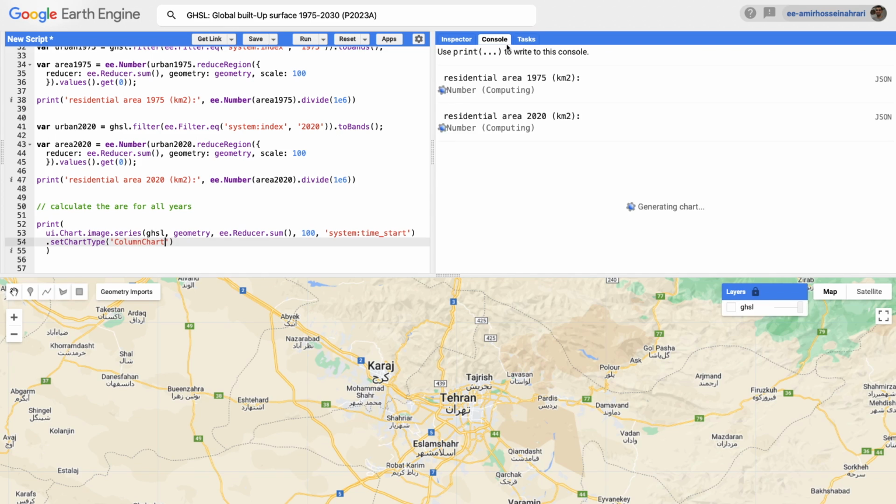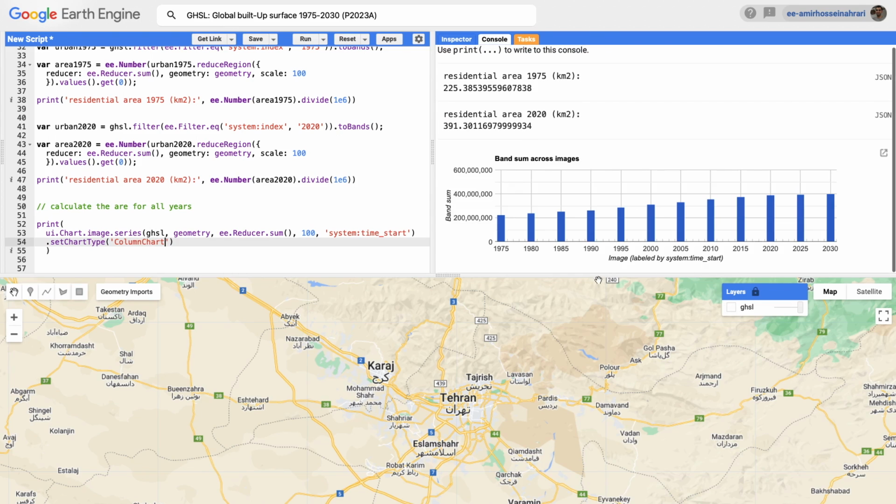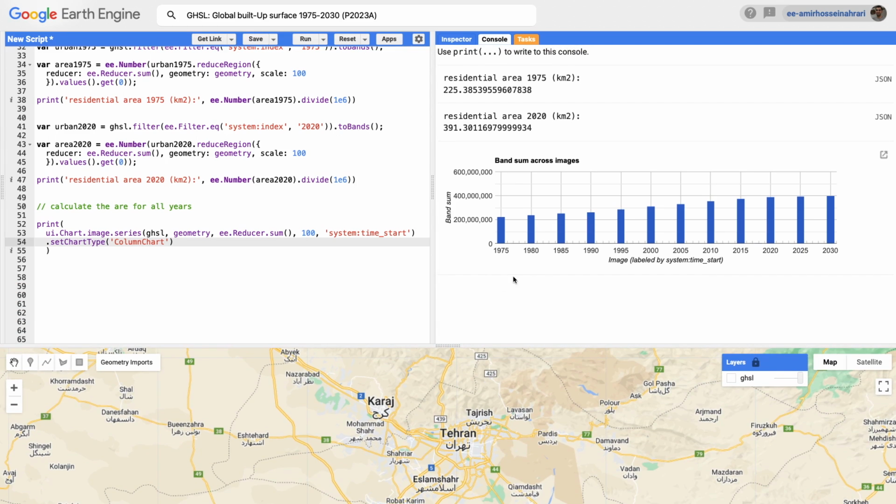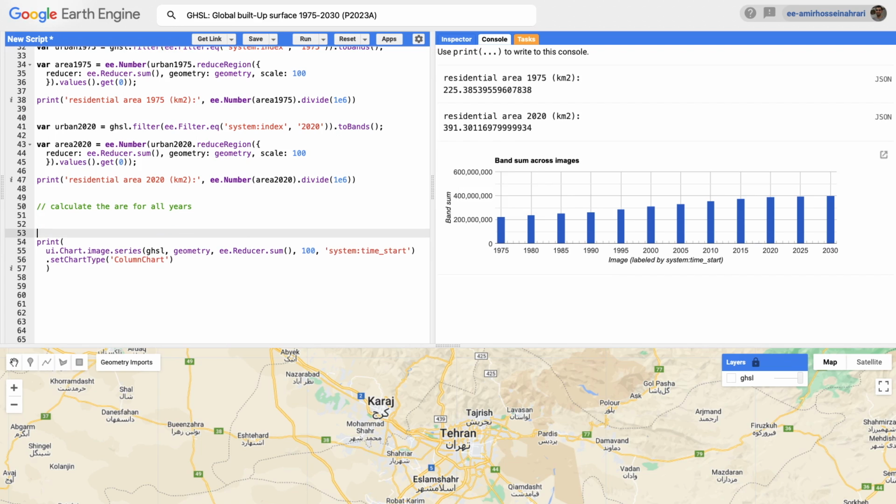Run the code. In the console, you will have a chart that is generated showing the area of each year clearly from 1975, but its value is based on the square meter. And with a little change in the GHSL product, you will be able to convert the square meter to a square kilometer. For example, make a new variable GHSL2 equal to